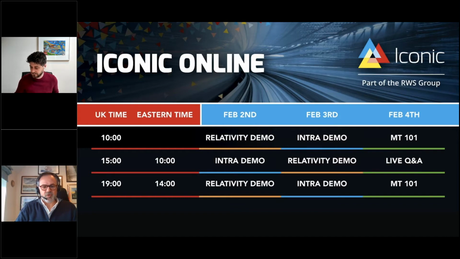But later in the day, we'll be looking at our new product, Intra, which is a way of accessing our machine translation online that is agnostic of any review platform. That should be quite interesting to those who don't have Relativity or might want their lawyers to have a secure desktop version of what we do without going via Relativity. You see the timetable there in front of you.